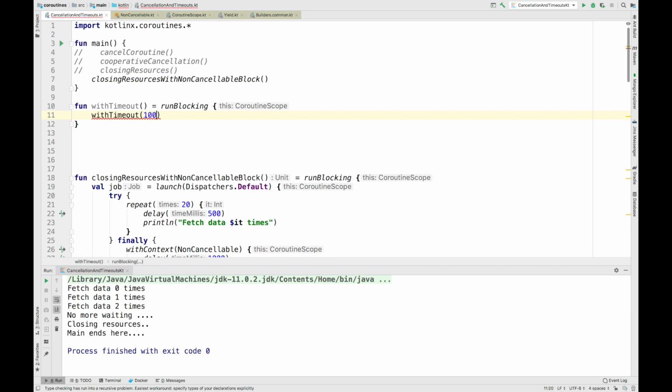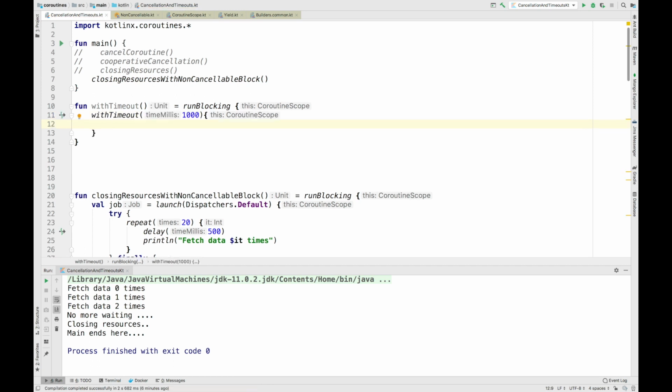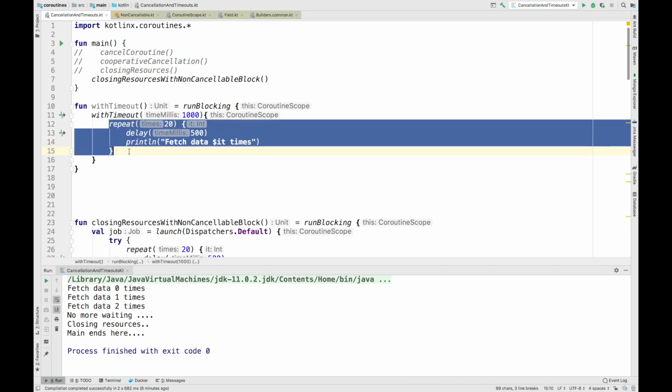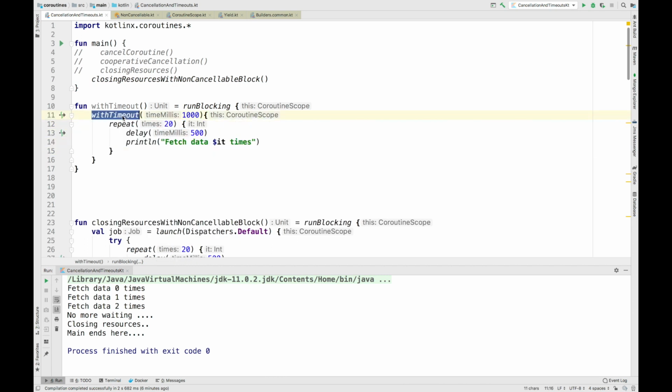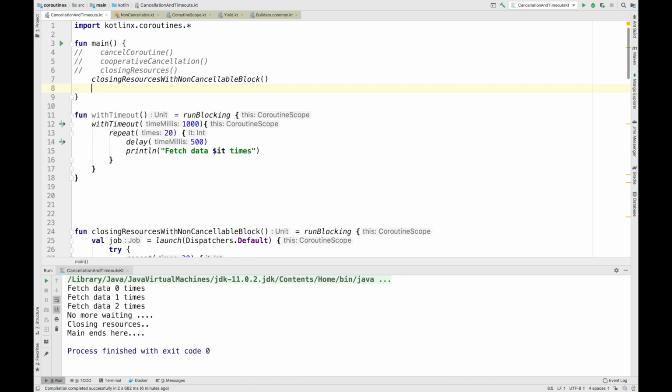I'll pass 1000 milliseconds, and inside this block I'll simply paste the previous code. Inside the timeout function we have passed 1000 milliseconds, and inside this we are trying to print this line 20 times in an interval of 500 milliseconds. So let me run this function and see what the output is here.